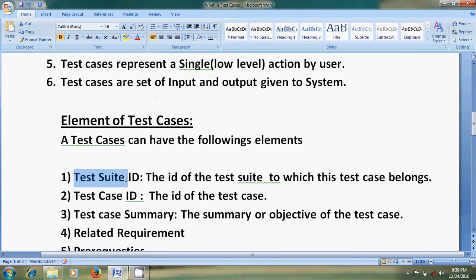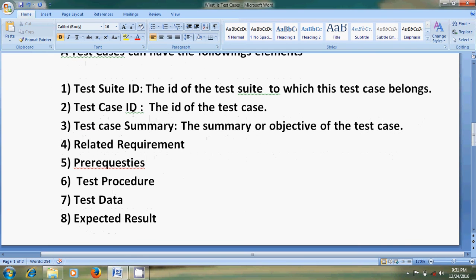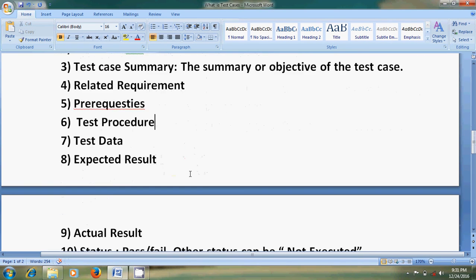First one is the test suite ID. Basically this is the ID of the test suite to which the test case belongs. Test case ID, test summary, related requirements, prerequisites, test procedures. What procedure are you going to follow?